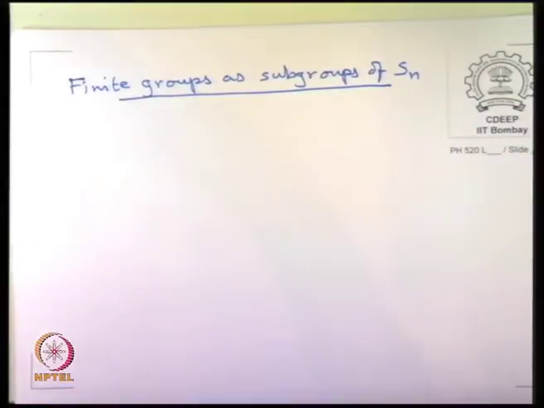Given any finite group, what we are now trying to show is that actually it is a subgroup of Sn. Okay. First, we can show that we can write out the elements of any finite group as a permutation. Okay, so the first statement is